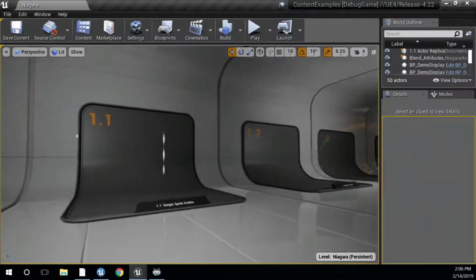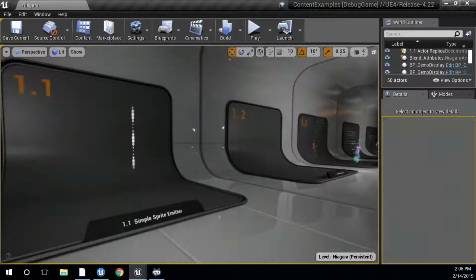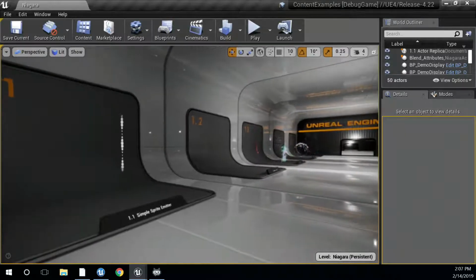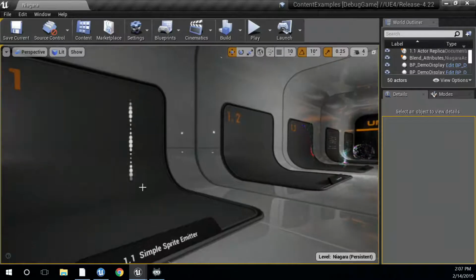So one thing I wanted to first start off with is all these examples will look the same as they did from when you saw it last time. However, under the hood, we made a couple of changes to hopefully make things a little easier for you to recreate them or derive from them. So let me show you one of those. If I select this emitter here and I open it,